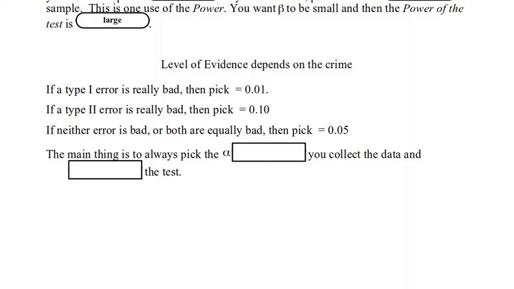Whereas if a type 2 error is really bad, then you pick an alpha level of 10%. And if they're equally bad or neither is bad, then you go down the middle and choose 5%. The main thing is always to pick alpha before you collect the data and start the test. In other words, you don't know where z is going to end up being. You don't know what that probability of being at least as extreme as your sample is going to be